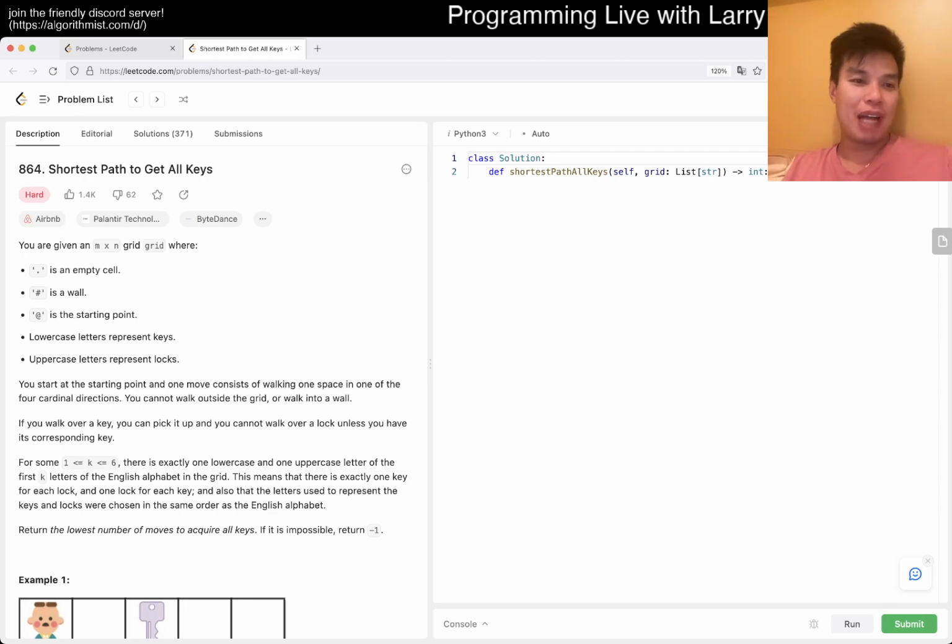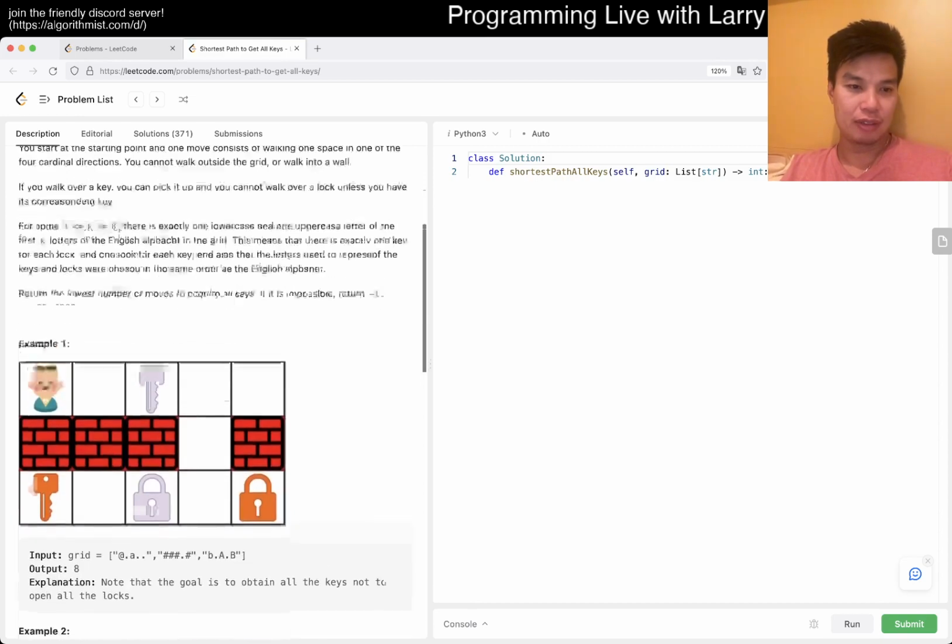Okay, so this is a problem that I haven't solved before, so that's an exciting thing to do. Though maybe the name of the problem gives it away a little bit, but we'll see. So, the shortest path to get all keys. Okay, so you have